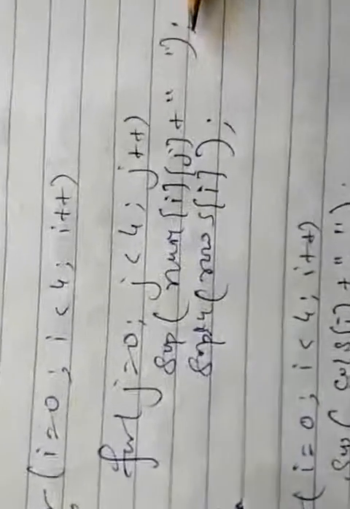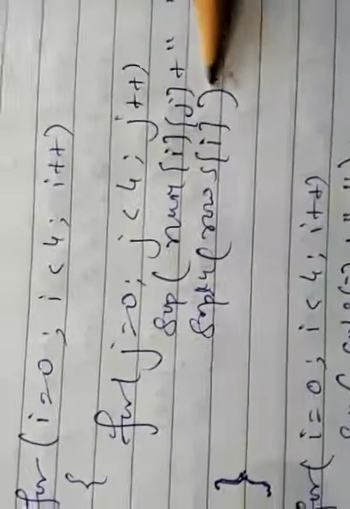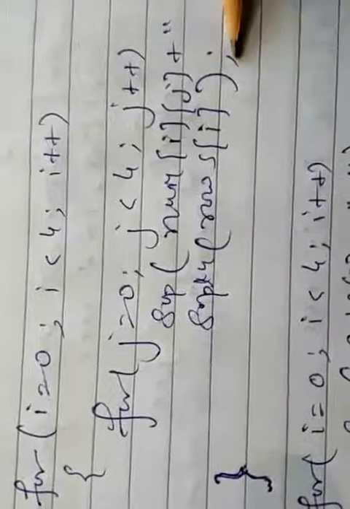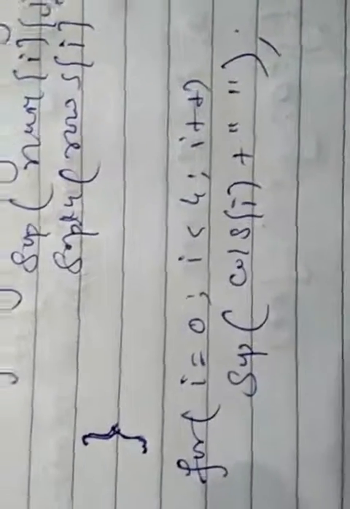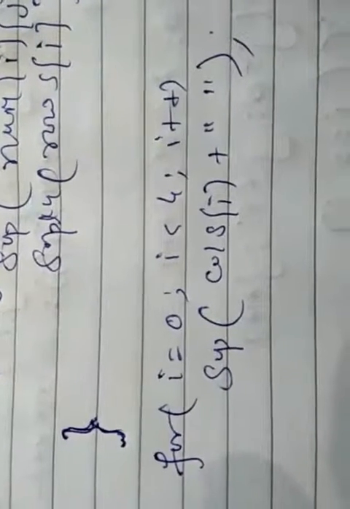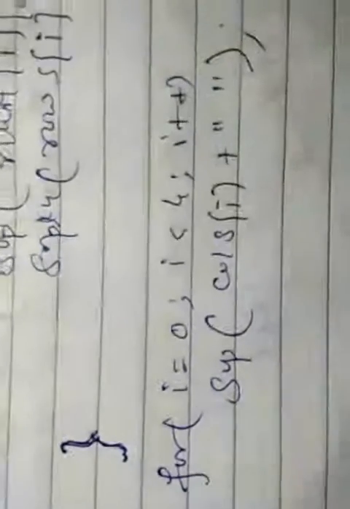First we have to print the matrix. So this will print the first complete row of the matrix. Then after that, we are printing the first value of the row sum. Again this will print the second row, then print the row sum of the second. And when the complete matrix with rows is printed, now we are printing at the bottom, i equals 0, i is less than 4, i plus plus. So this will print the column sum below each column of the matrix.